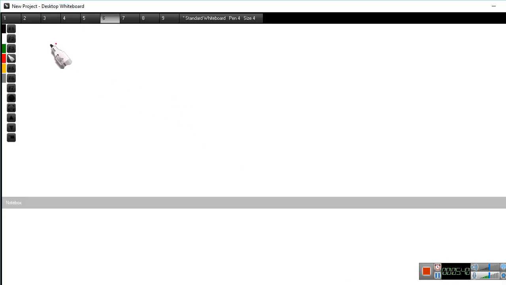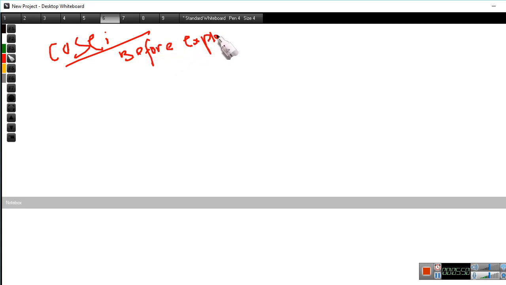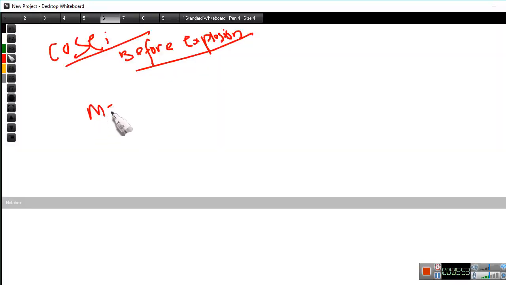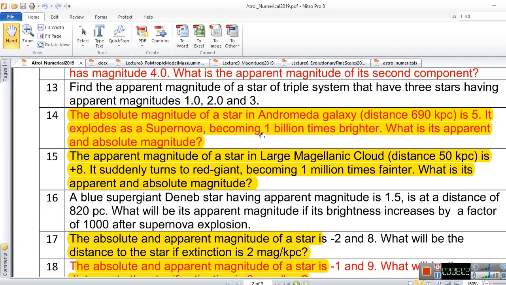So in this case we'll try with two cases. The first case is before the explosion occurs. Before the explosion, the absolute magnitude is 5. How many times it is brighter after it explodes is a later part. The distance is given as 690